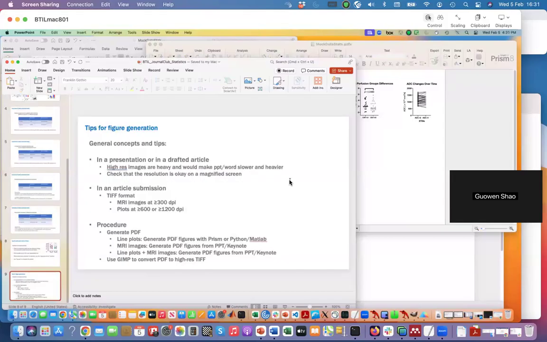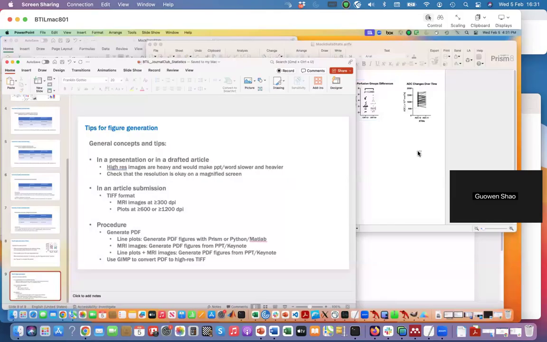But you'll see that, of course, the MRI image is not going to increase the resolution, because it's the pixel resolution that the MRI method has a constraint for. And then there are possibly going to be hybrid figures where you have line plots and you also have brains and stuff like that. And what I usually do for that is that I generate a Prism